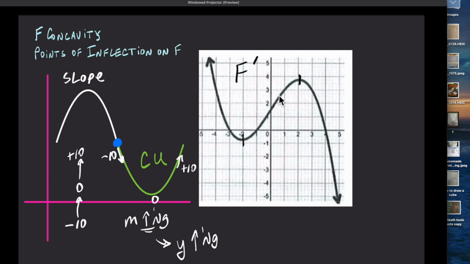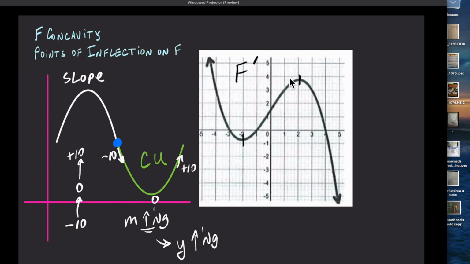If the y values on f prime are increasing, that means the slope on the f graph is increasing. When does the slope increase on a graph of f? None other than a concave up portion. That is the key. So anytime you think about concavity, I want you to think about f prime